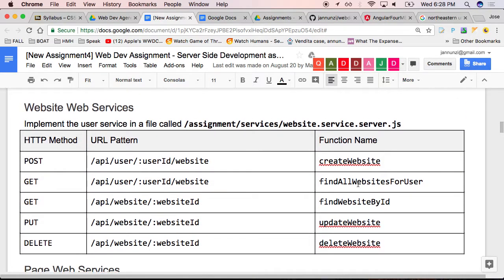Same thing for the websites. We're going to post to a website. Notice the syntax here, which reflects the relationship between a user and a website, right? A user is the owner or the parent of a particular website, right? So that's creating a new instance of a website and creating the relationship between a user and its child